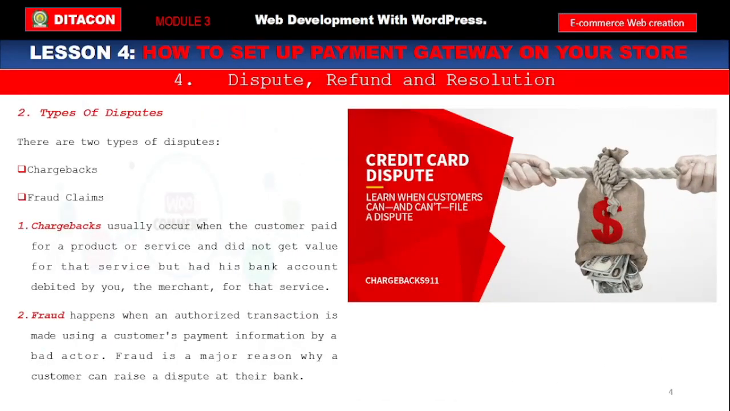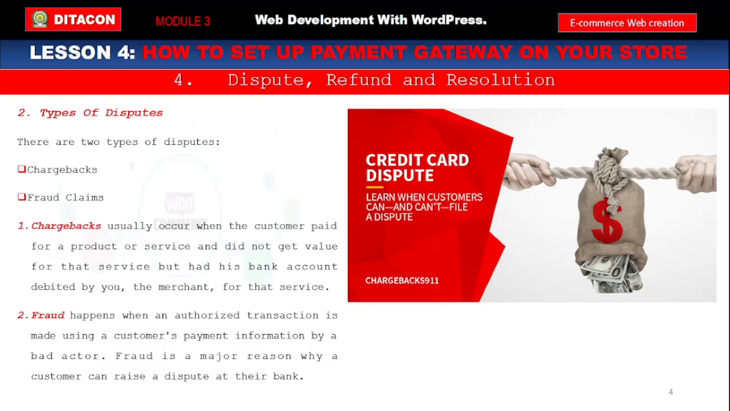So secondly, the second topic is type of dispute. We have two major types of disputes while selling online. The first one is chargeback and the second one is fraud claim. So the chargeback usually occurs when the customer paid for a product or service and did not get the